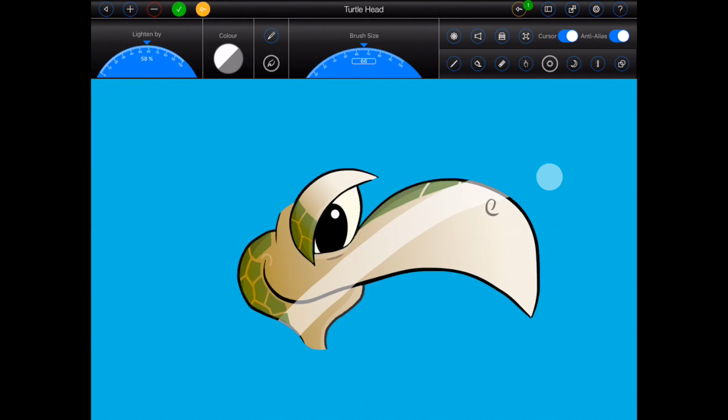The Darken tool provides a quick means of adding shadows to your images. Tap on the button with the picture of the moon on it to open the Darken tool. Use the dials at the top of the screen to set the size of the darken brush and the strength of the effect, and then use your finger or an Apple Pencil to add the shadows.